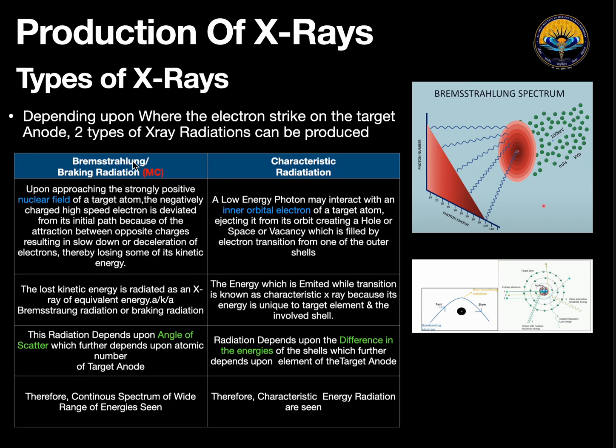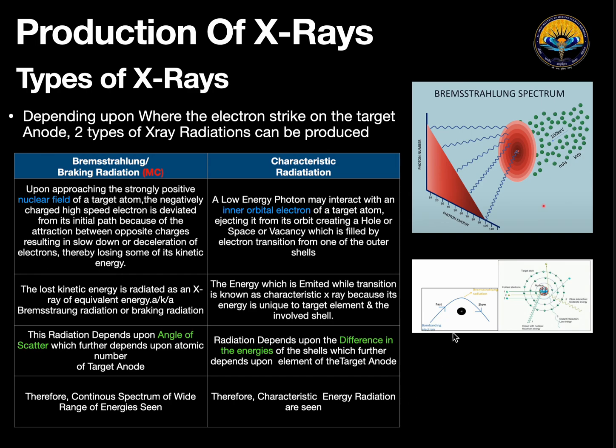So like we discussed, we have two types of X-rays. We have Bremsstrahlung or braking radiation and characteristic radiation. Braking radiation or Bremsstrahlung is more common. So what happens in it? On approaching the strongly positive nuclear field of the target atom, these negatively charged high speed electrons are deviated from the initial path because of the attraction between them both, that is the positive charge nucleus and negative charge electron, and this results in a slowing down or deceleration of the electrons, and thereby losing some of its kinetic